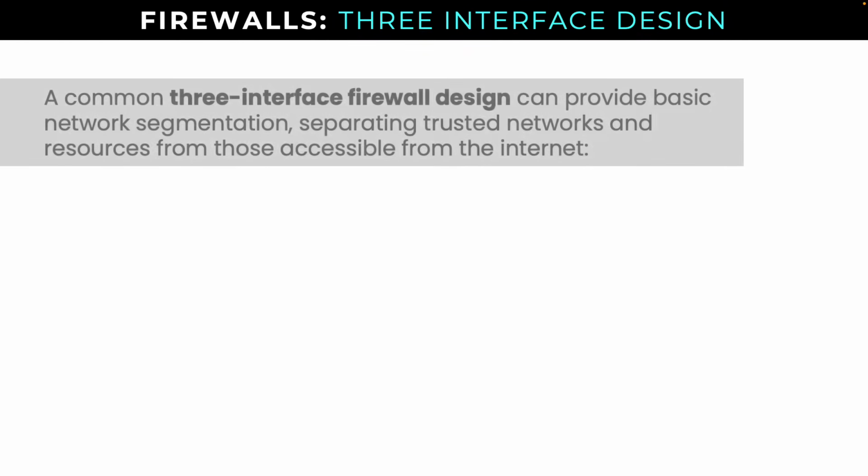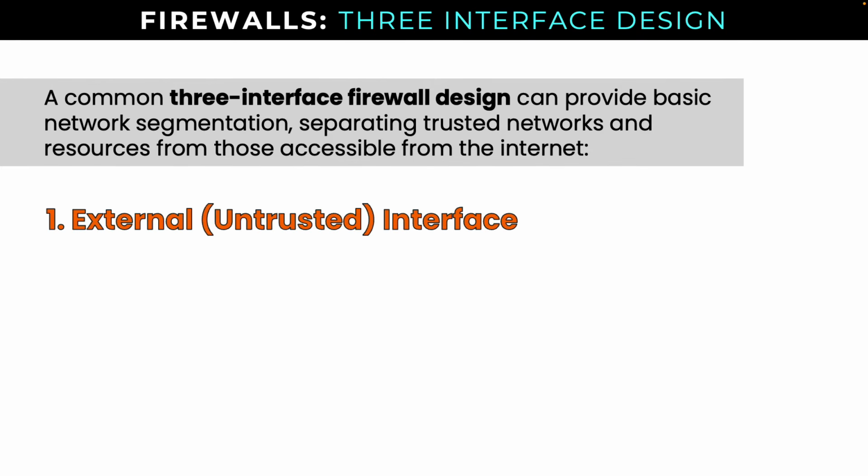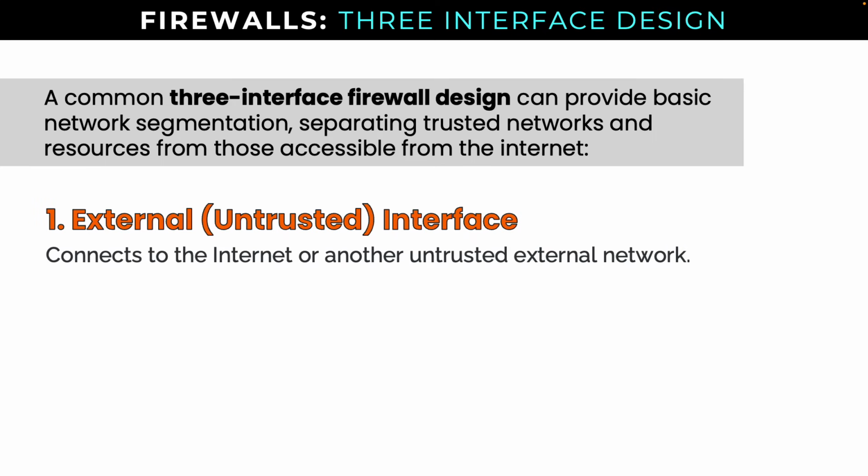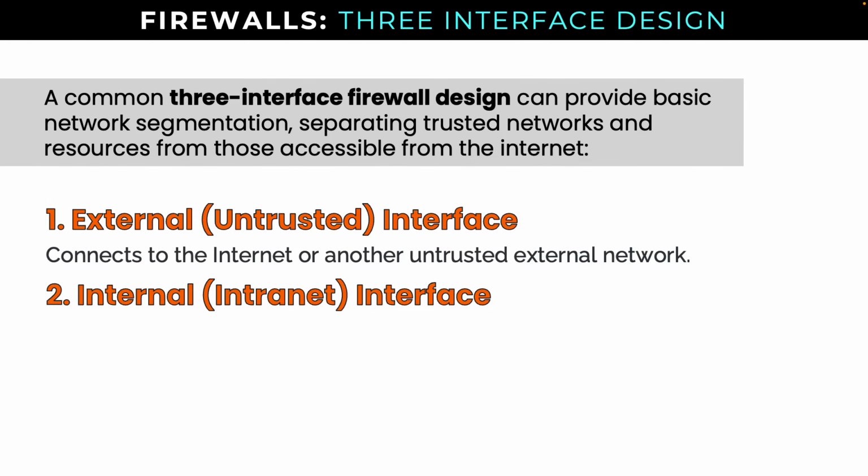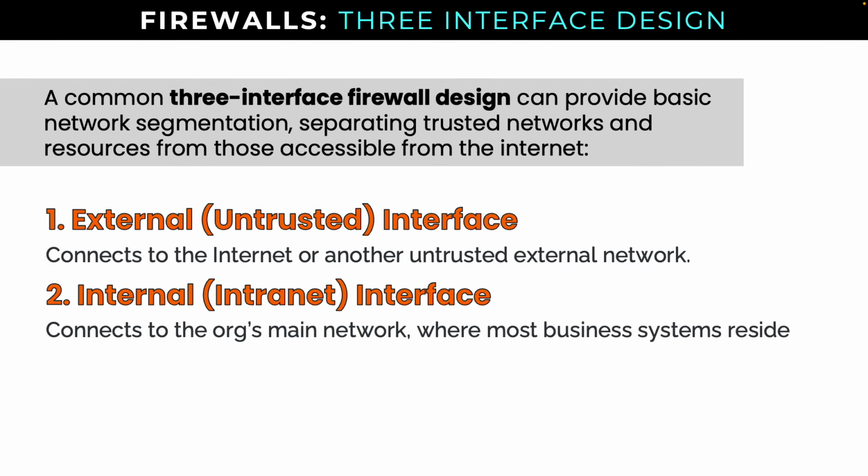And then the firewall. There's a common 3-interface firewall design that can provide some basic network segmentation, separating your trusted networks and resources from those that are accessible from the internet. So for example, in a 3-legged config, we'll see the external or untrusted interface that connects to the internet or some other untrusted external network. The internal or intranet interface, which connects to the organization's main networks. This is where most of your business systems provide. We also call this the